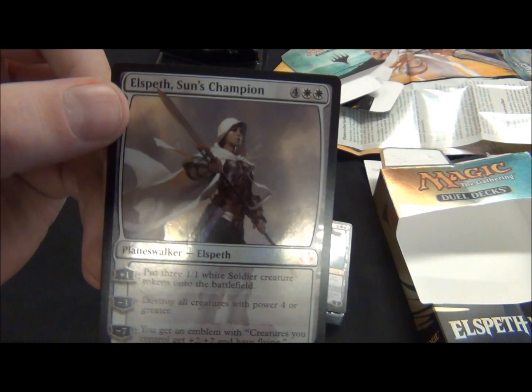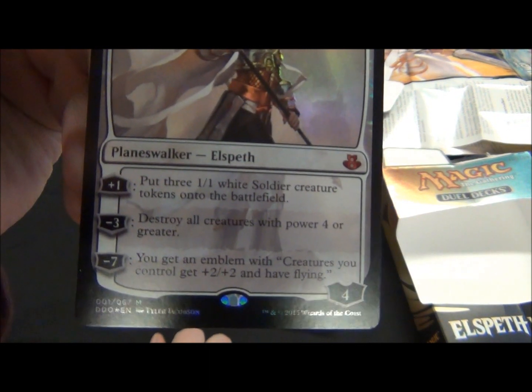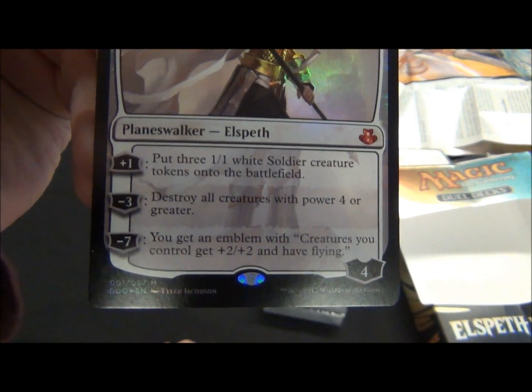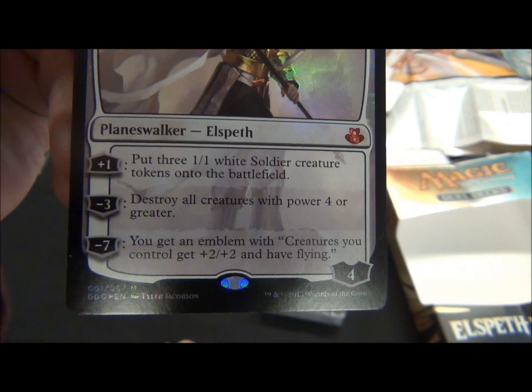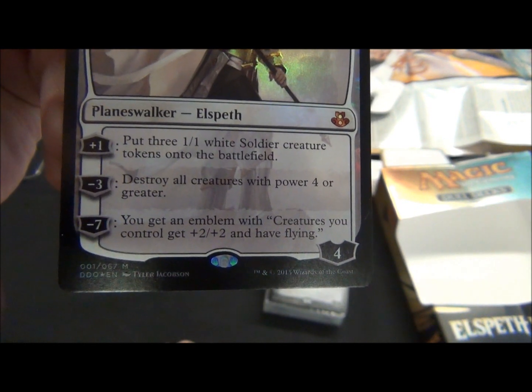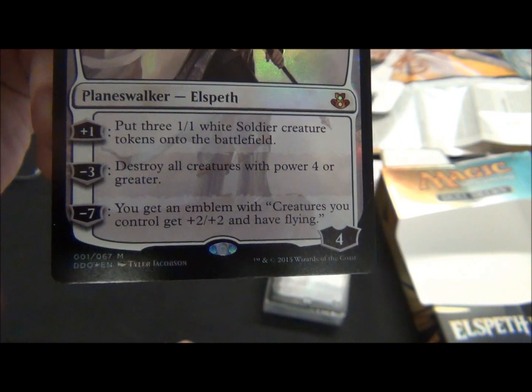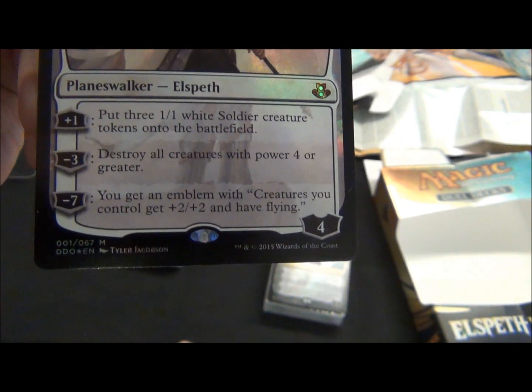This one is Elspeth, Sun's Champion, 4 and 2 white for an Elspeth Planeswalker. Its +1 ability is put three 1/1 white Soldier creature tokens onto the battlefield. For -3, destroy all creatures with power 4 or greater. And -7, you get an emblem with creatures you control get +2/+2 and have flying, and it starts at 4